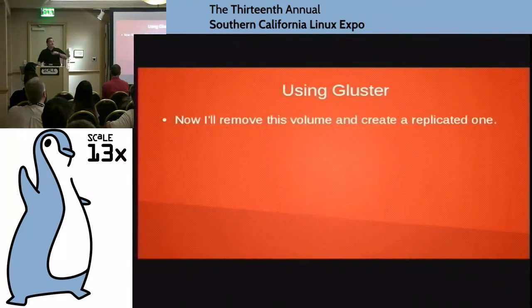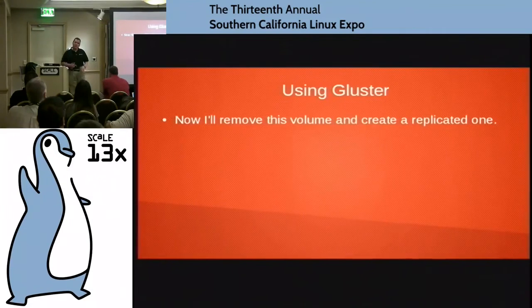So that's the simplest way to do it. And the cool thing about that is it's fast, but it's not redundant. So do this if performance is really important to you and you have a good backup system. Don't do this if this is really critical, sensitive information, where you absolutely, positively can't take an outage while you restore stuff. In that case, what you want to do is replicate it.